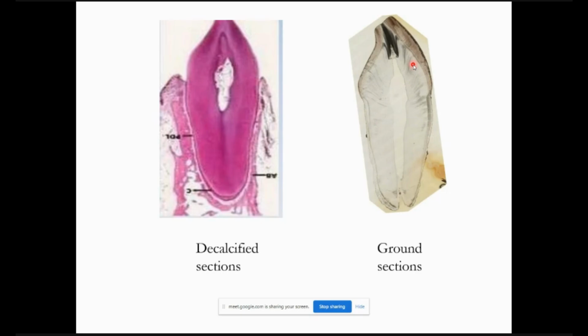That's all. Some lines probably. But if you want to study the structure in detail, then you have to grind it to very thin sections, or you have to cut it in very thin sections. So these are the only two ways to do it. Either you grind it or you cut it with a hard tissue microtome. That's when you can see enamel and all its structures and dentin and all its structures. So you can see the primary curvature so clearly here. Can you see the S-shaped curvature of the dentinal tubules?